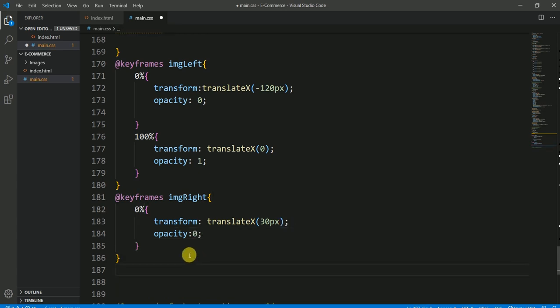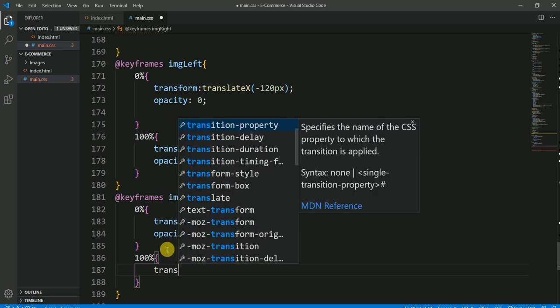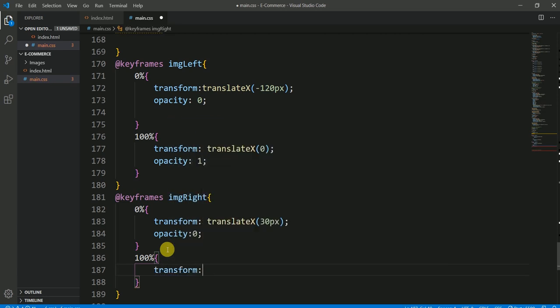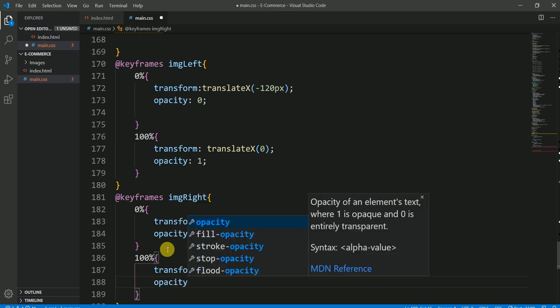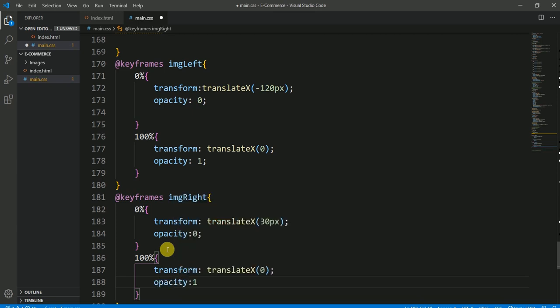And now let's have, oops, not here, 100%, and for this again the transform and translate x 0, and the opacity for this again would be 1. Let's save it, and now